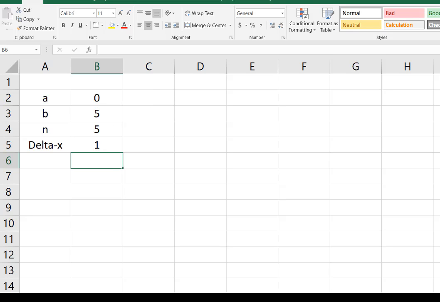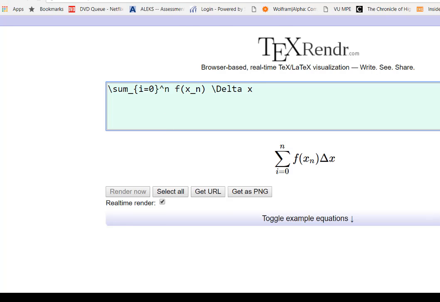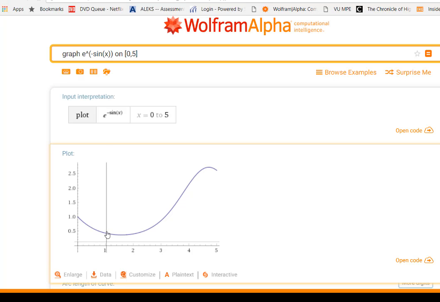Now what do we need? Well, let's go back to that picture. For every rectangle that we make, we need to get a list of the endpoints, which are this time going to be 0, 1, 2, 3, 4, and 5. That'll be a pretty straightforward list. And we need to pick representative points from each of those intervals and the value of the function at those